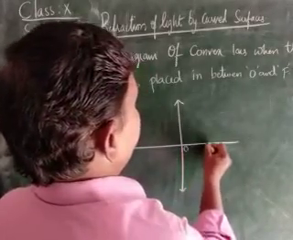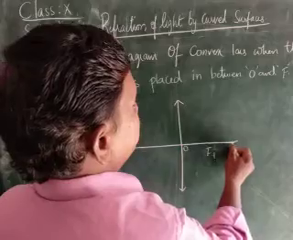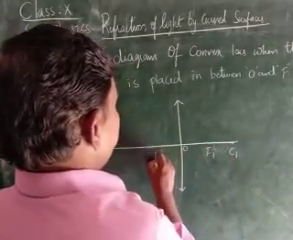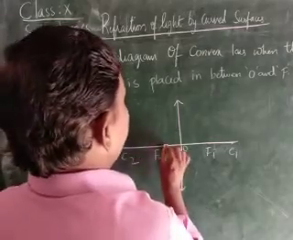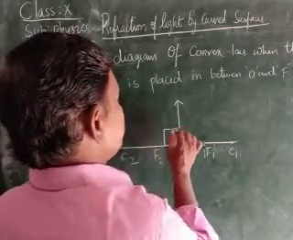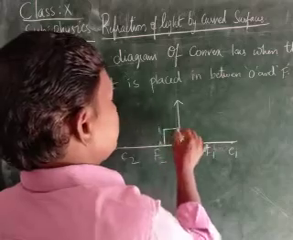As you know, children, here F1, C1, F2, C2. Image is formed here. Object is placed between